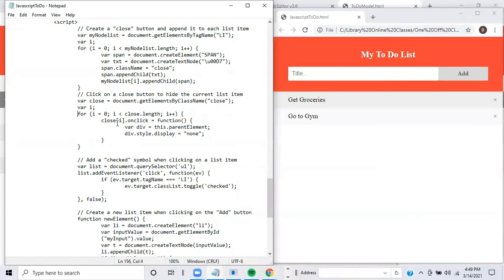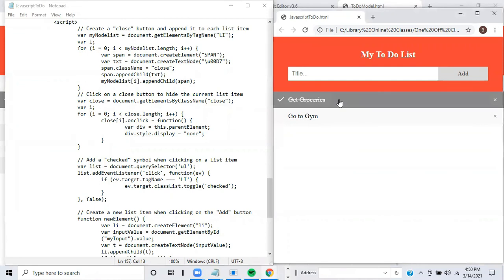And then you take close and whatever the index number of the list item is, when you click on that. So say I clicked on get groceries, right? That this is a list item. If I click on get groceries, right? What happens is, well, we'll go into that later, but